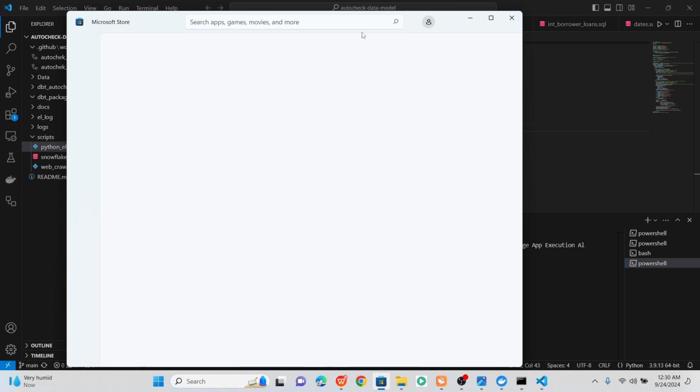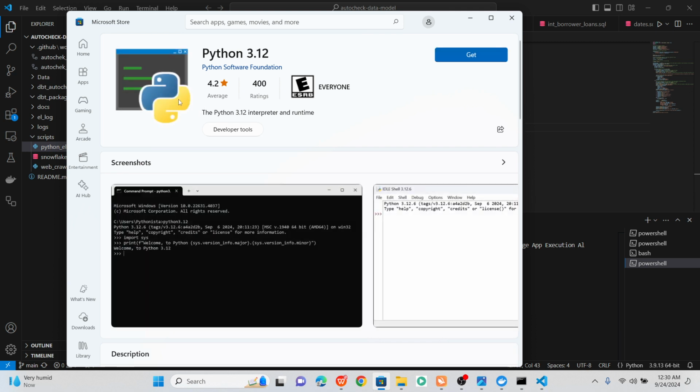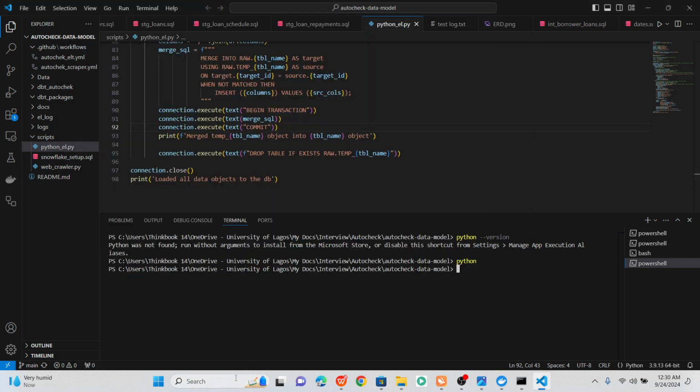But if I run python now and it takes me to Microsoft Store, sometimes this behavior you can experience on Windows, and it's just what it is. If you are experiencing that, you can go ahead and get Python directly from Microsoft Store. That's why I even said you might want to get it from Microsoft Store directly in order to avoid all of this unnecessary configuration. But let's say I don't want to install it from Microsoft Store. One thing we can do is to also go to